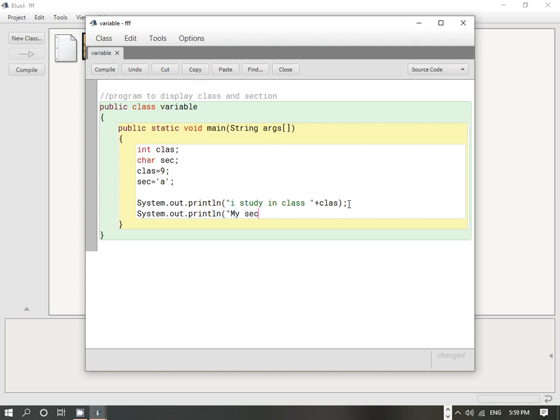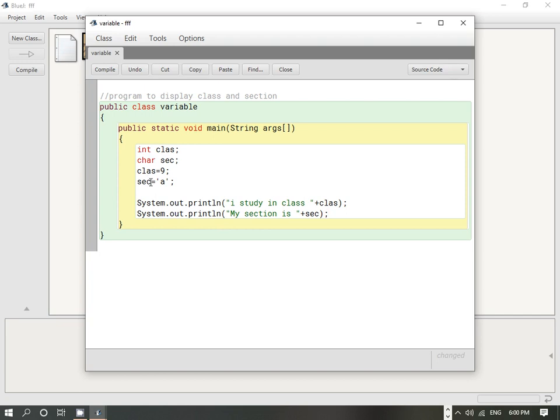My section is section. So now we are going to display the class and section.